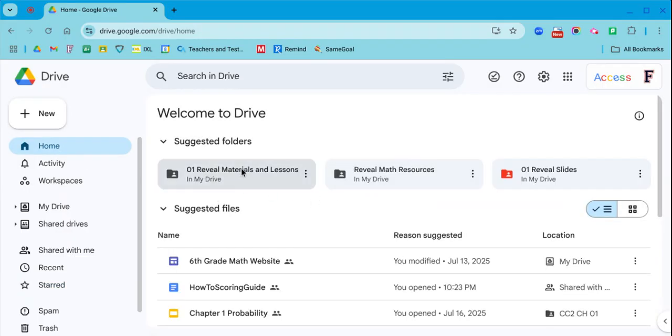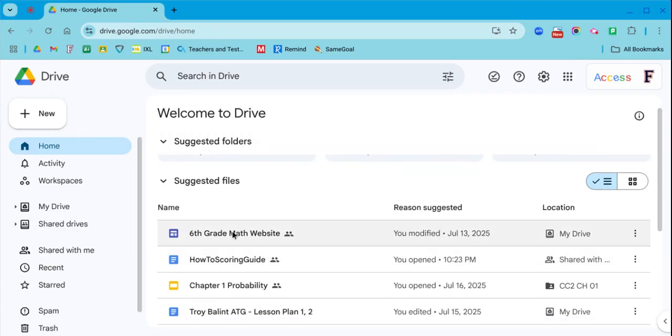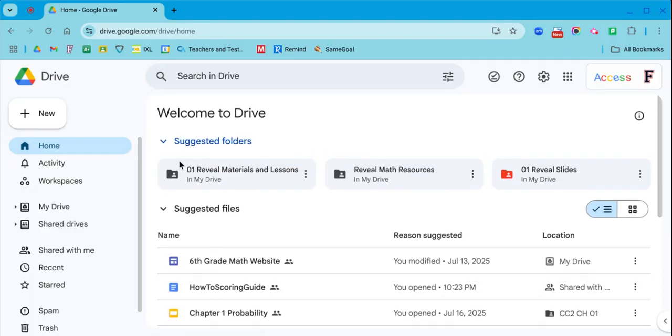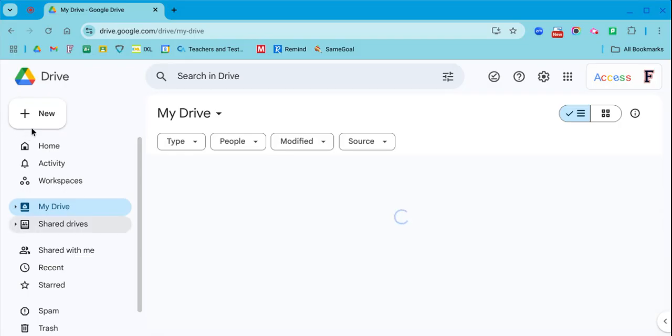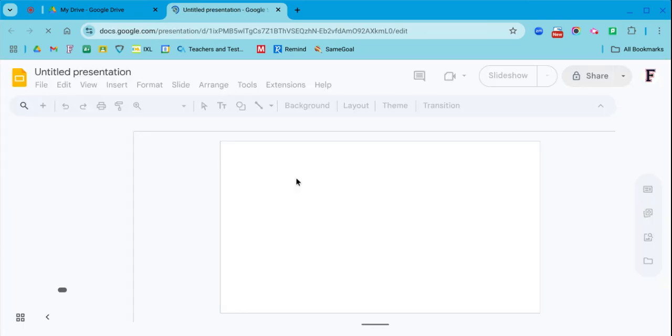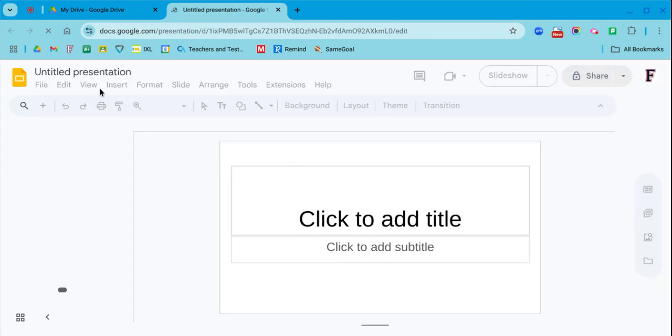But on the homepage, you can see the suggested folders, the ones that I commonly use the most. Same thing with suggested files, things that I've been pulling up more and more. But if I wanted to create something new in my drive and I wanted to create a Google slideshow, I would just click on Google slideshow, and that's going to create this,